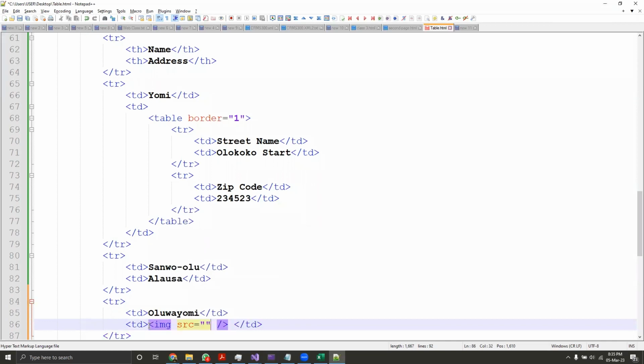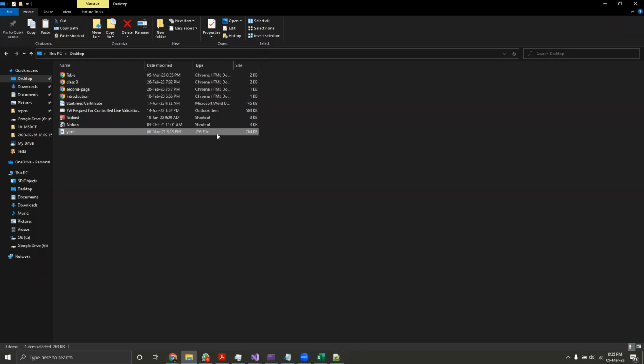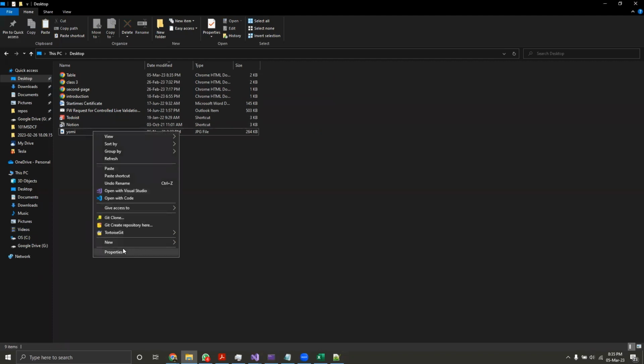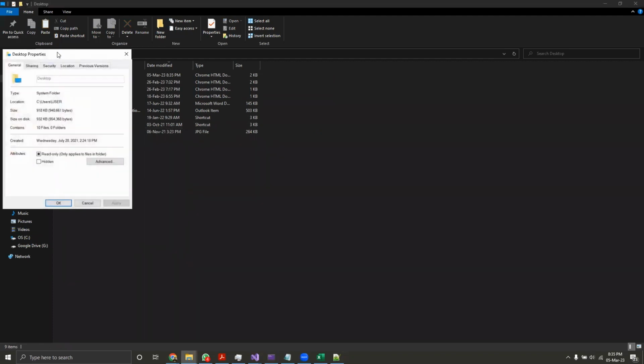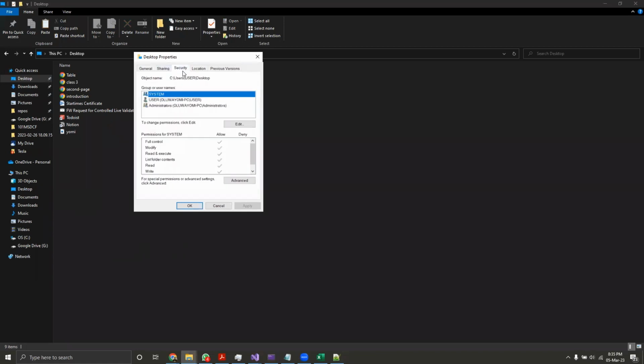And then since both files are in the same folder, I can just type the name, yomi.png. I've noticed the extension actually. You need to know the extension of your file. So the extension is just PNG. If you're not very sure, you can just right click on the image, go to properties,